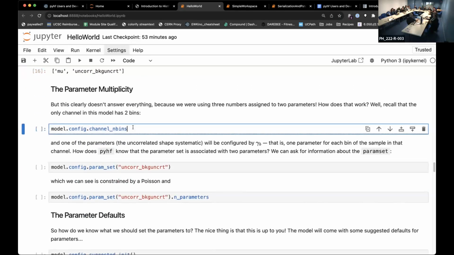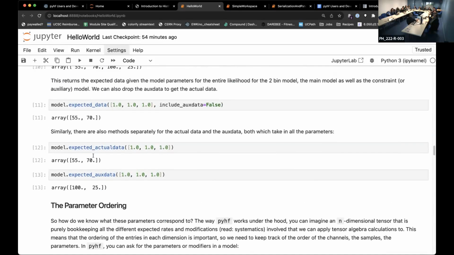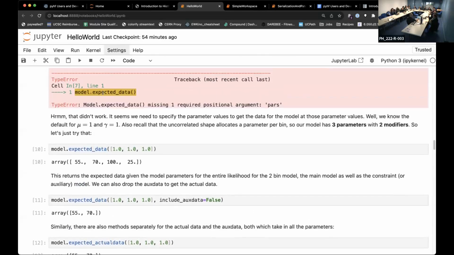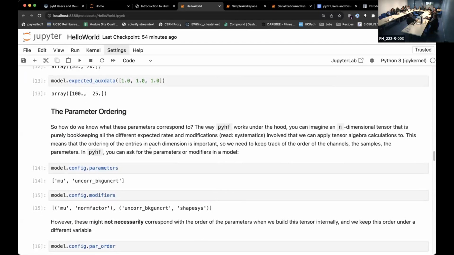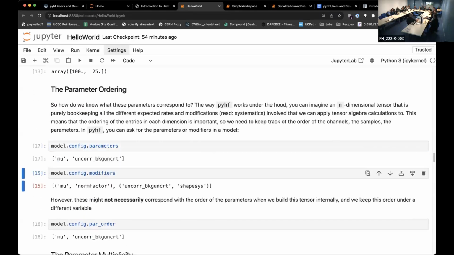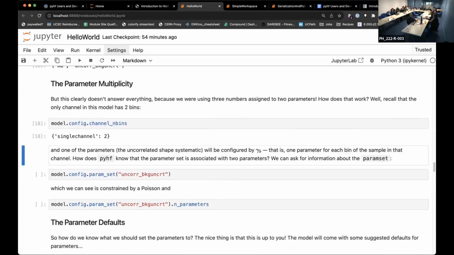All right, now if you look here, you see these parameters are just parameters. But as I mentioned before, if you look back at the top, you might not have known that we needed to specify 3 nuisance parameters and not just 2. We only have 2 modifiers in this model that we're talking about, but one of those modifiers is controlled by 2 nuisance parameters. If we go ahead and spit out the model config parameters down here, you can see that